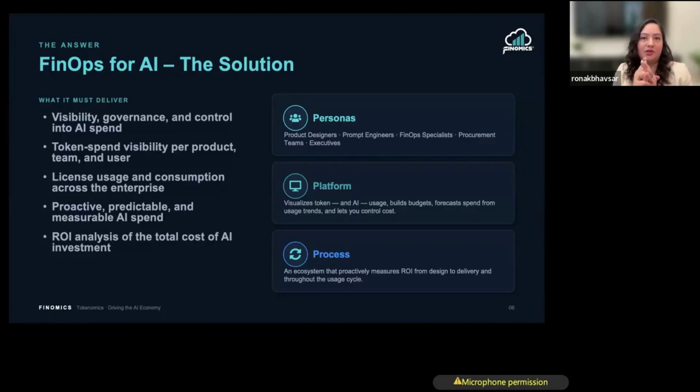Today your token usage surged by 50%. Do you want to take a look at what happened? Who's using it, right? So this process has to be in place, right? We need to have those meetings. We need to keep looking at